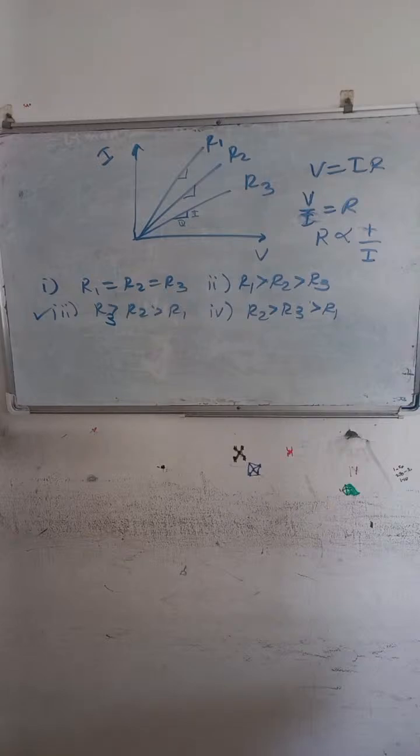The distance of the closest approach is small r. What will be the distance of closest approach for an alpha particle